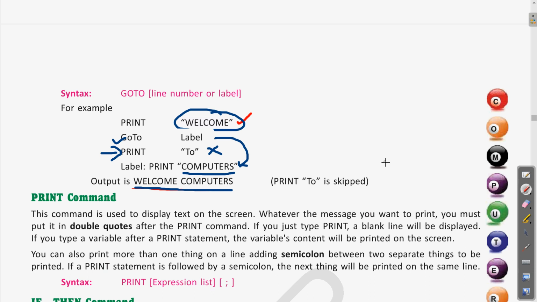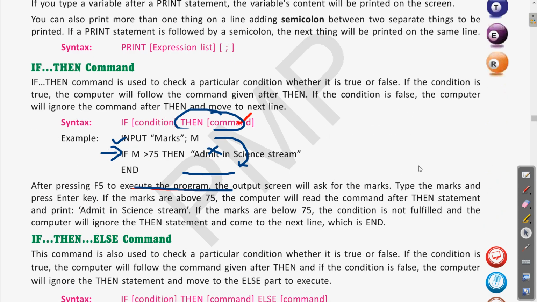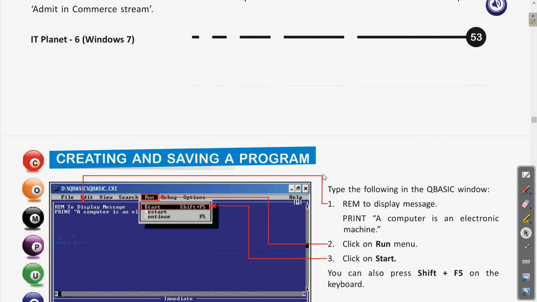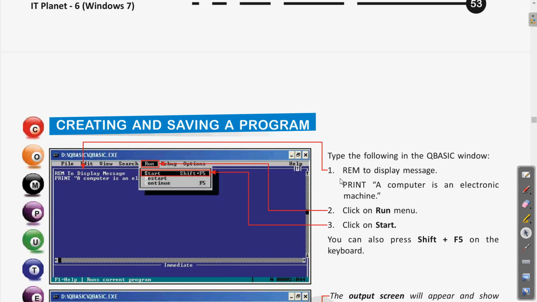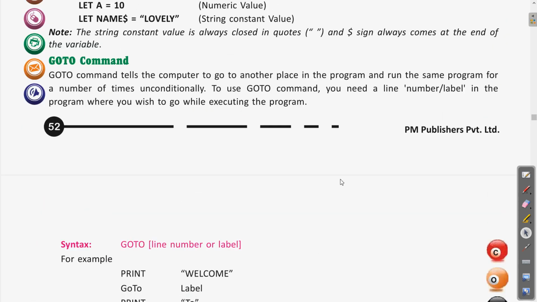Now in the next classes we will continue with the remaining commands which are left, and then we will see how to run or save these programs. Clear? For that we will use the software window, and there we will run these and use these commands.